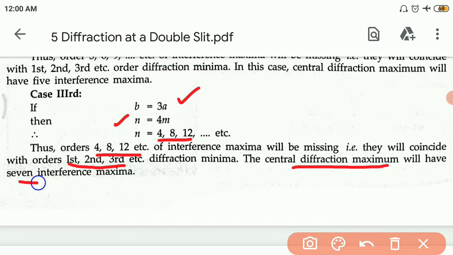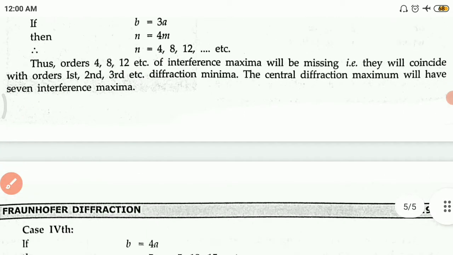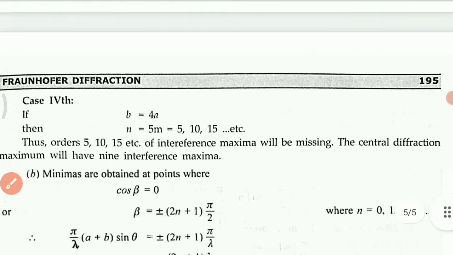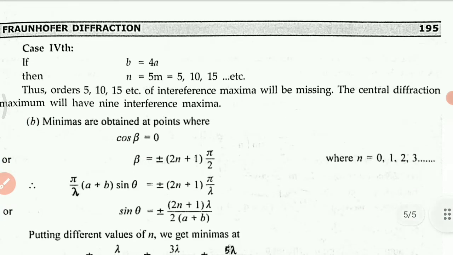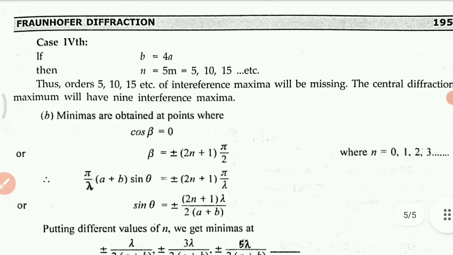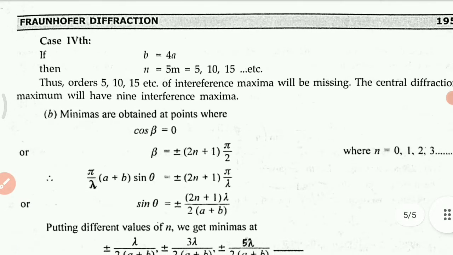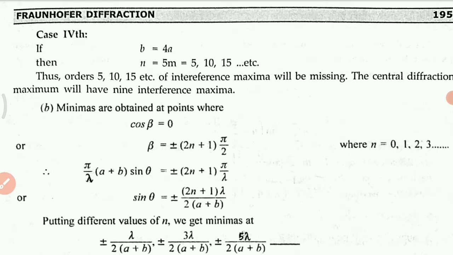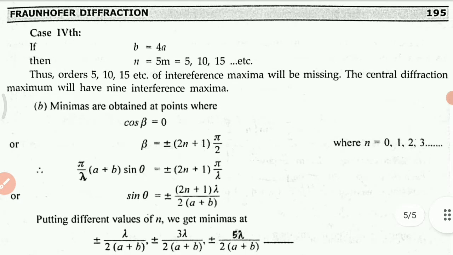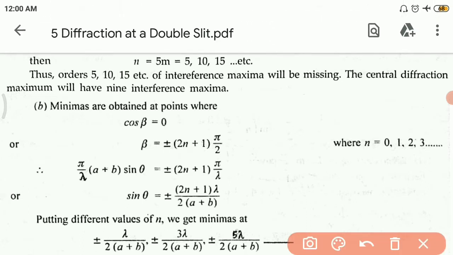have 7 interference maxima. Right, so you can see the missing orders. Again, the fourth case: b is equal to 4a, then n will be 5m. Okay, so order 5, 10, 15 of interference maxima will be missing. Okay, meaning they coincide with the diffraction minima, and the central diffraction maximum will have now 9